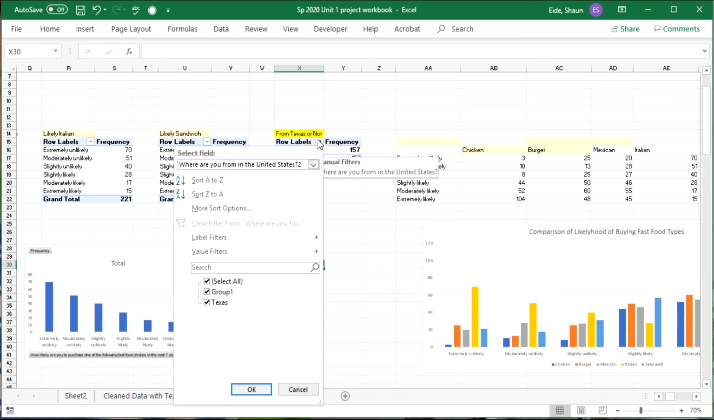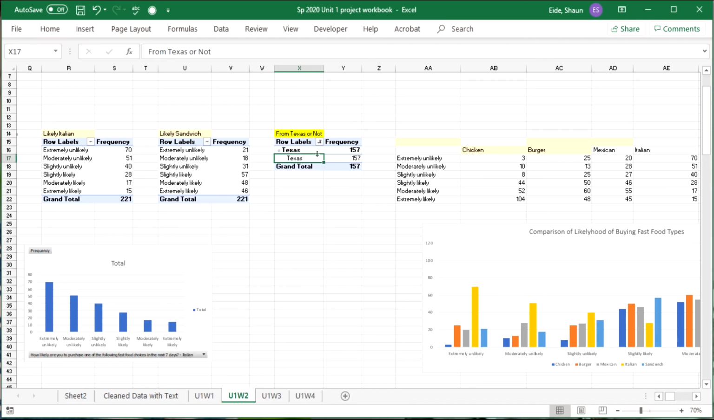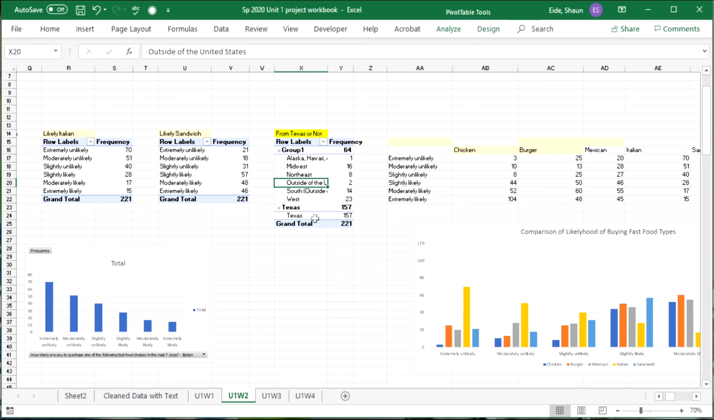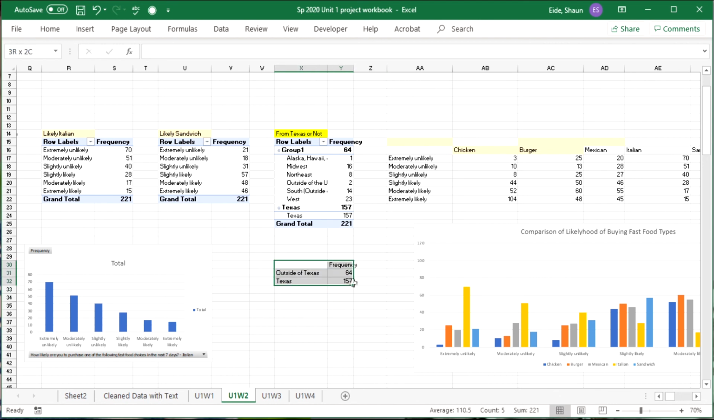right outside. So let's see here, filter from Texas. I feel like it was there. Oh, yeah, I was messing with it. So let me delete this. And so we've got outside of Texas, and just put 64. And then Texas, and then we're going to put 157. And then we're going to put frequency. And so we've got that nice little table right there, really easy, just a couple numbers, and then we're going